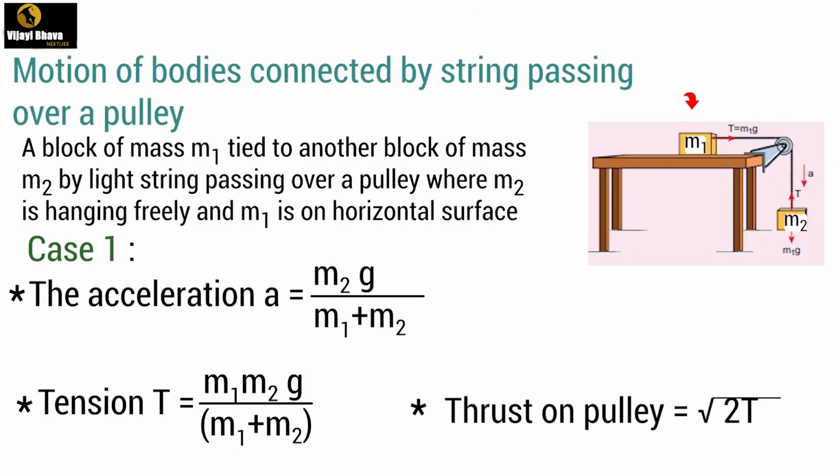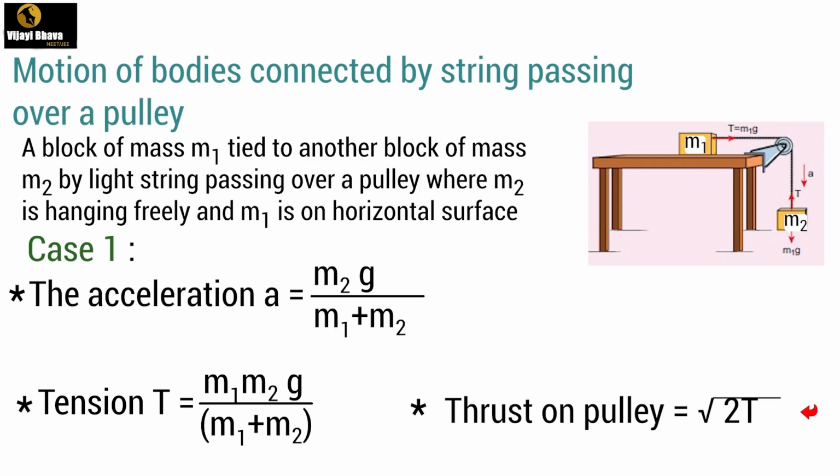Now, let's move on to the motion of bodies connected by string passing over a pulley. Let a block of mass m1 be tied to another block of mass m2 by light string passing over a pulley. m2 is hanging freely and m1 is on the horizontal surface. In this case, the acceleration of the system A is equal to m2g by (m1 plus m2). Tension T is equal to m1 m2 into g by (m1 plus m2),